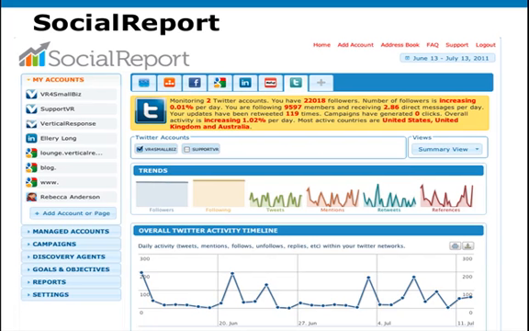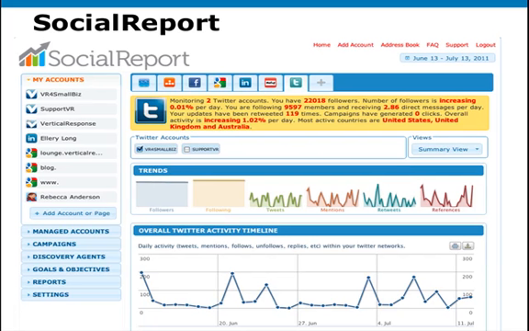Social Report is kind of like Twitter Counter for multiple accounts. Social Report allows you to add Twitter, Facebook, LinkedIn, as well as your Google Analytics accounts, Meetup, and a couple other networks that you may use. There are actually some listening tools here, but what I really like is that it's all on one dashboard, free to use, and it starts to give you some ideas about what the stats mean, as well as what you might be able to do to get some of those statistics up.